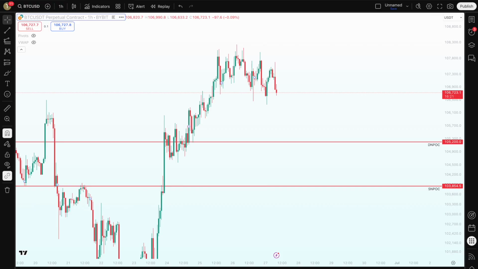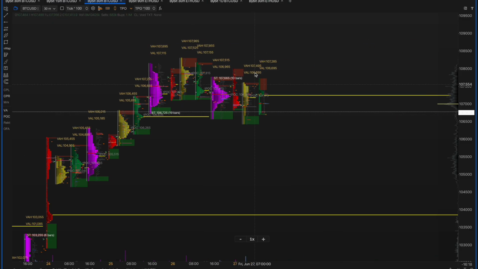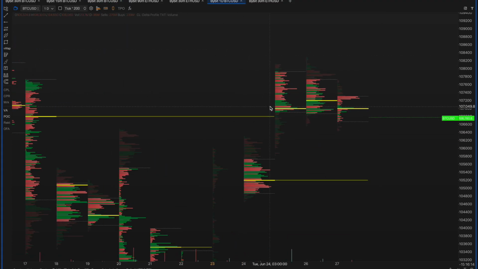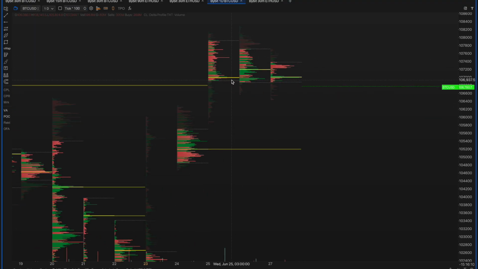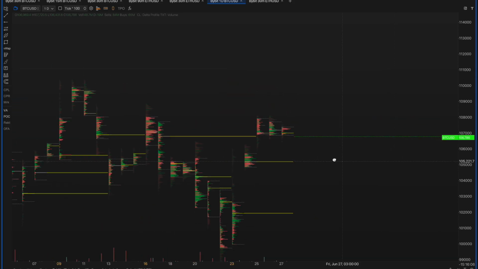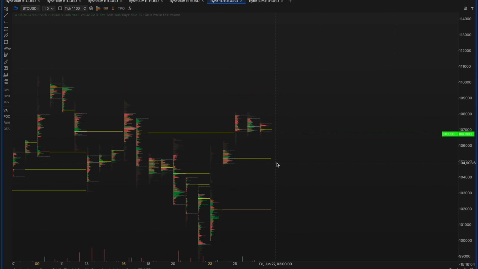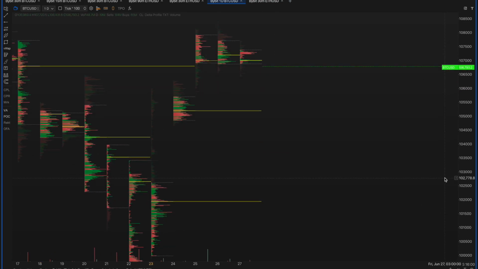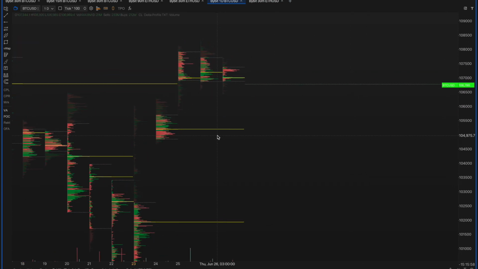After this, I will go to my other chart, which gives me the daily untapped point of control levels. If I change this to my classic tick size, which is 100 ticks, you'll be able to see that the closest ones we have to the price right now are the ones that are continuing with the price, as we said. So the yellow line we're looking for. Now, the yellow lines that are closest to the price right now are this one,